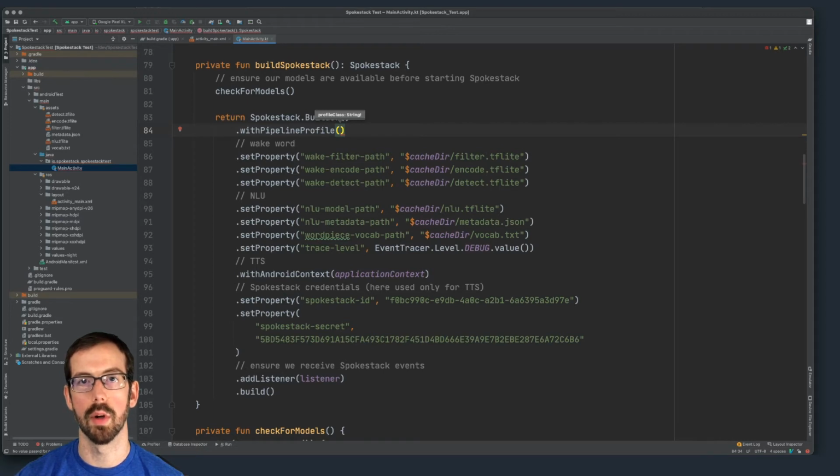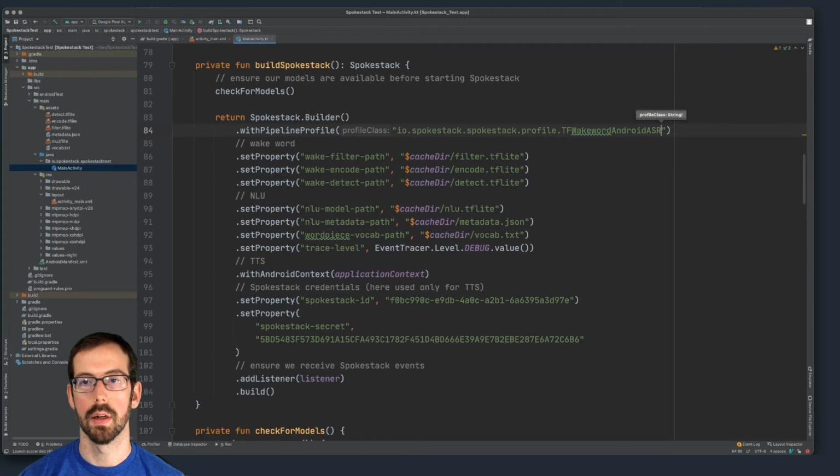If you want to use wake word, the profiles that use our wake word detection start with TF Lite wake word. If you want to use a different ASR provider, the end of the profile name will usually have the ASR provider that you're using. So the default profile we use is this Spokestack profile TF wake word